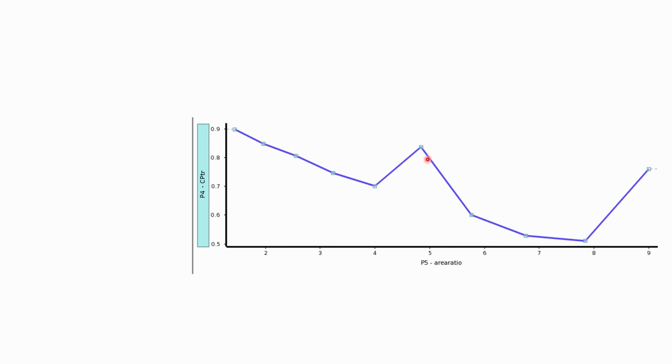Now at area ratio 5 we are seeing somewhat unexpected behavior. The pressure ratio jumps. This is due to the insufficiency of our simulation, because we haven't done any mesh dependence studies or detailed CFD study before setting up this parametric solution. So we cannot rely on this part. The purpose of this session was to show you how to do a parametric study.